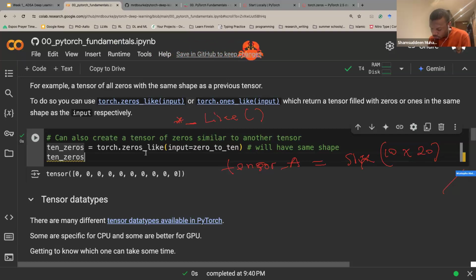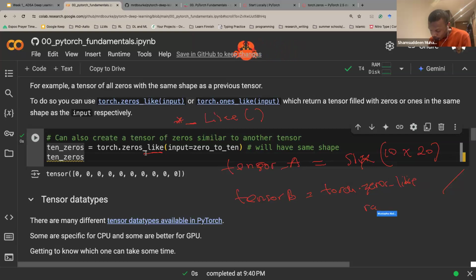You want to create a tensor similar to tensor A, but you don't want to create it directly, or you don't know the size of tensor A. What you can do is use this feature of torch. Then you can create tensor B, having the same size as tensor A, by calling this. It can be, let's say, torch dot zeros_like,